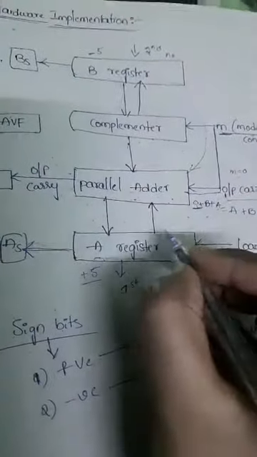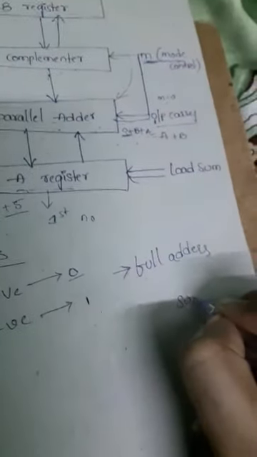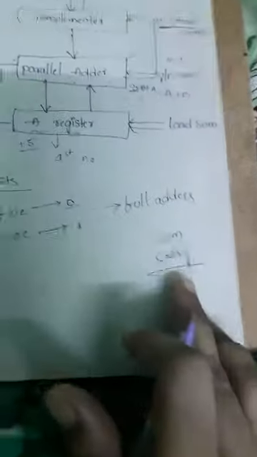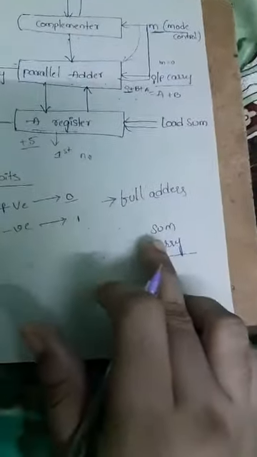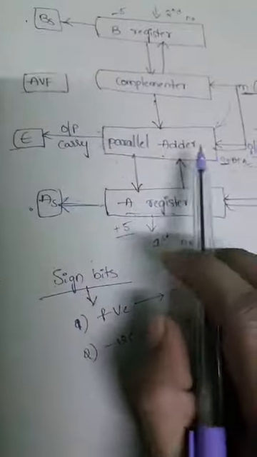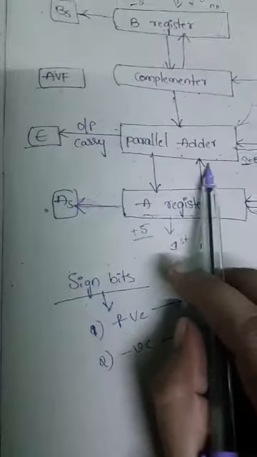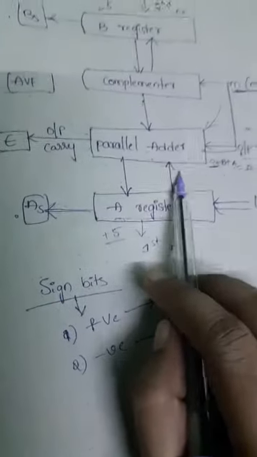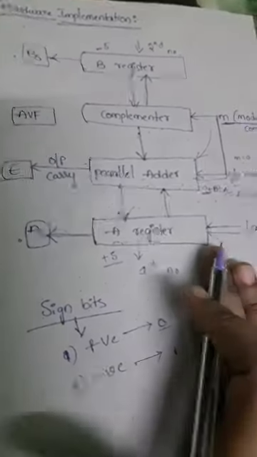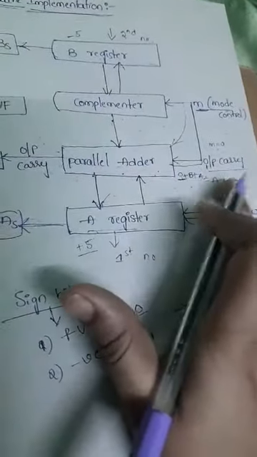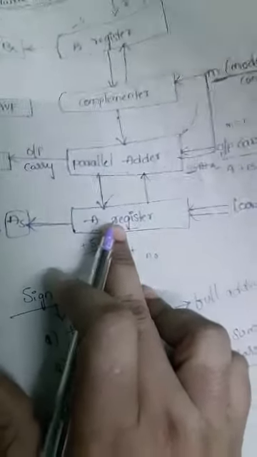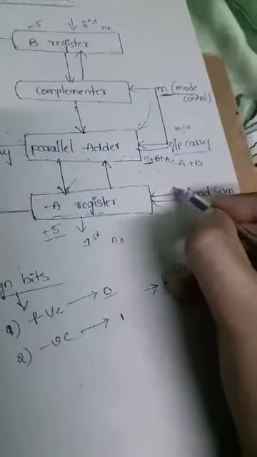After that, what will we get as the result? That is the sum, no? After doing addition we get two results, one is sum and another is carry. You know that already. If you do any addition operation using binary numbers, we get these two things, sum and carry, right? So after performing the addition operation, the corresponding result, that is the sum, will be transferred again to the A register. Whatever result we get, that sum will finally be transferred to the A register. Here, this is nothing but S.